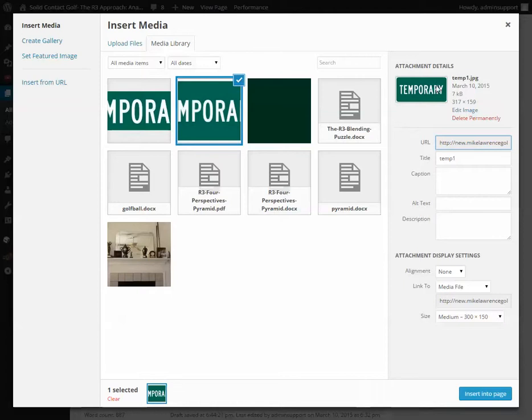Over here on the details, it's the name of the picture, alignment, so if you want it left, right, or center. Link to, this is if a visitor clicks on the picture, where will it take them? Media file means it's going to take them to the actual picture and see a full-size big view of it. But you can choose to go to a custom URL, and you can take them to anywhere. So if I make it google.com, now if they click on the picture, they'll be taken to Google. And size, full size means the actual size of the picture. Otherwise, these two are kind of preset